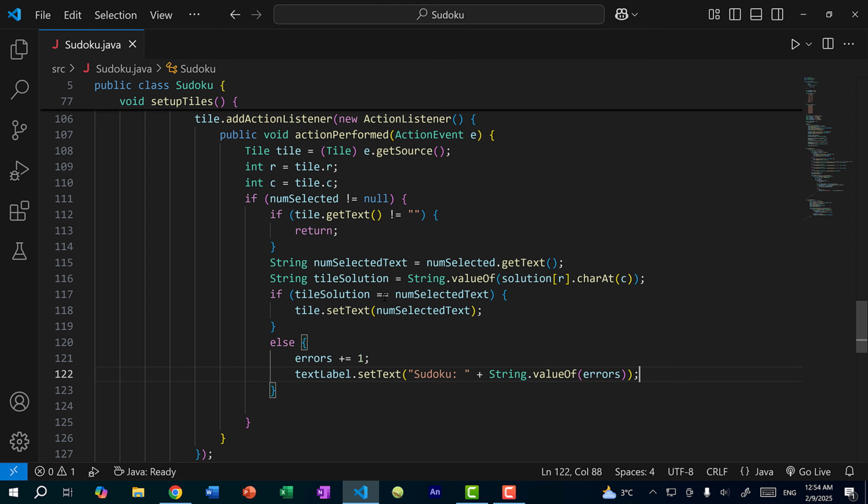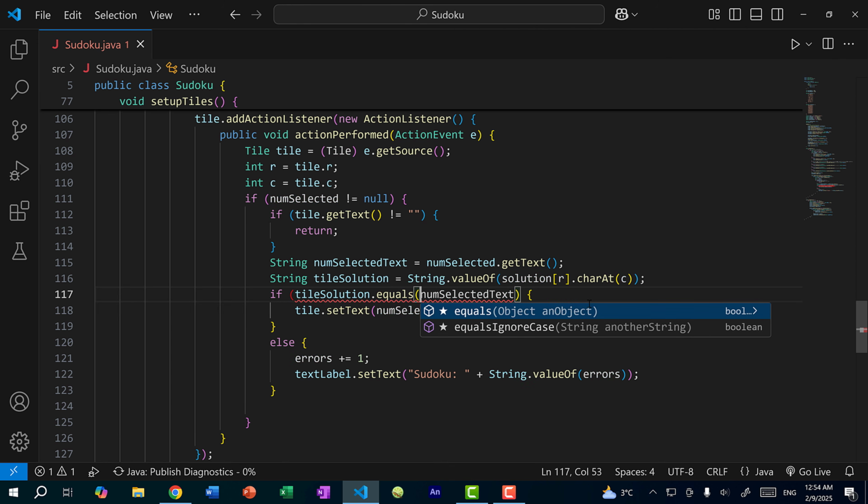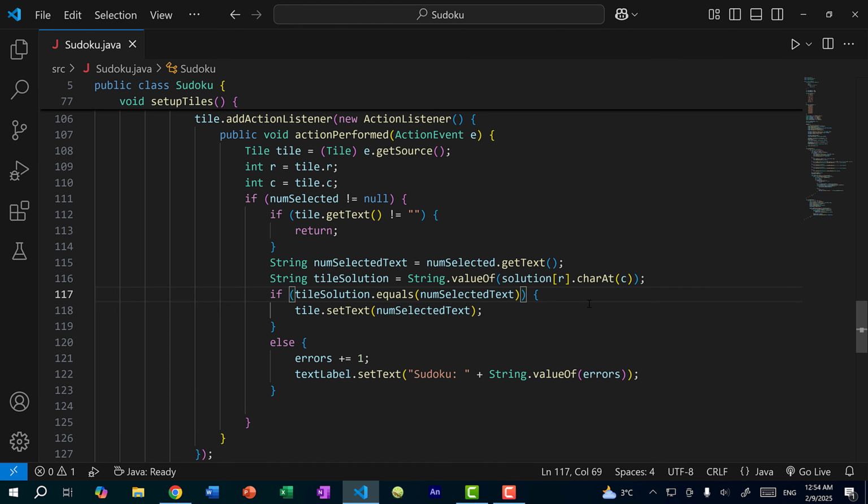And the error has to do with this equal. So when we're doing equal equal, we are checking to see if these 2 variables reference the same object. So we have two string objects here. Instead, what we need to do is check to see if they have the same value. So these two variables are two different string objects. They can have the same value, but they're in different memory locations. So instead of doing equal equal, I'm going to do dot equals, and this is going to check for the